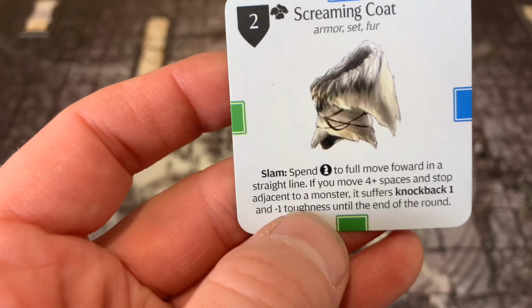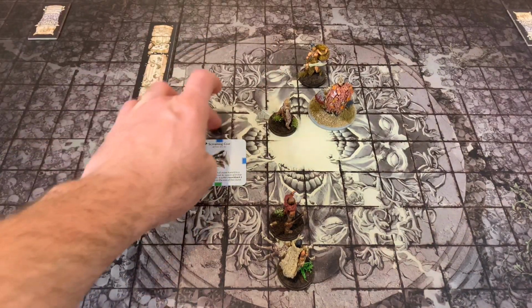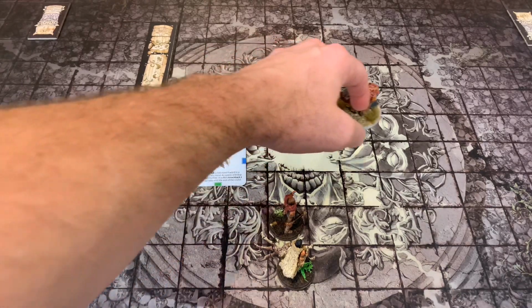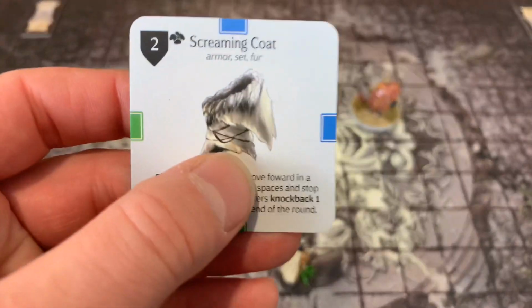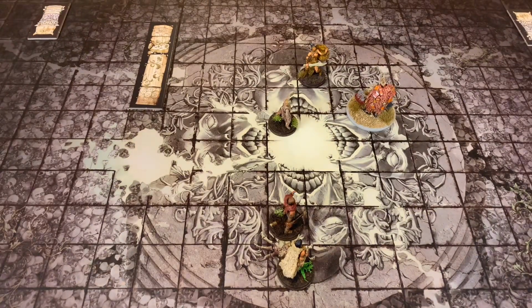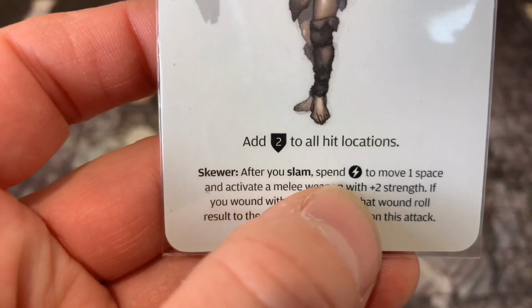It suffers knockback 1 and -1 toughness till the end of the turn. And you bet it. 1, 2, 3, 4. It's getting right up there. I'm going to go ahead and knock him that way 1 square. And he's going to gain a -1 toughness till the end of the turn. That's awesome. Now, of course, we do have our Screaming Antelope armor that after you slam, spend an action to